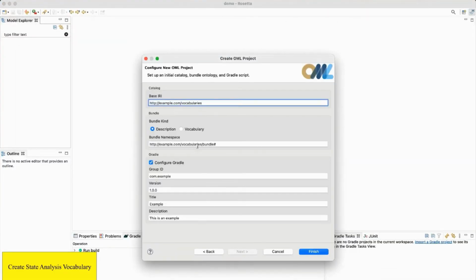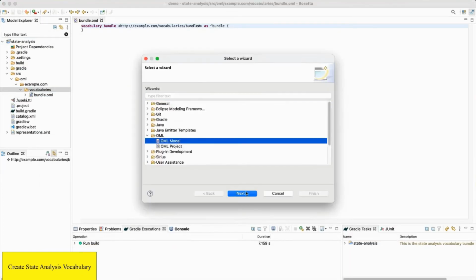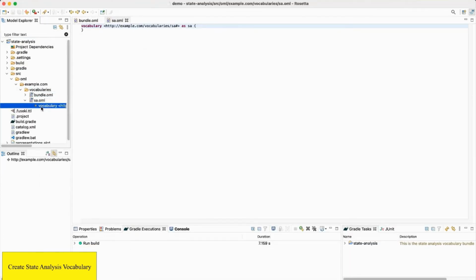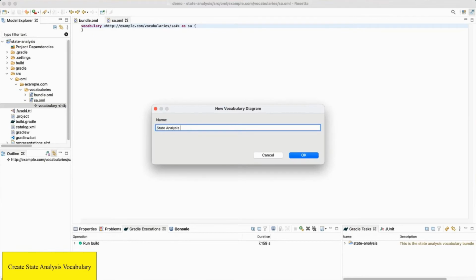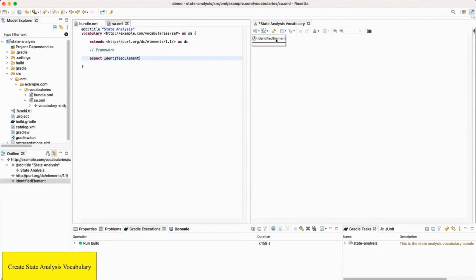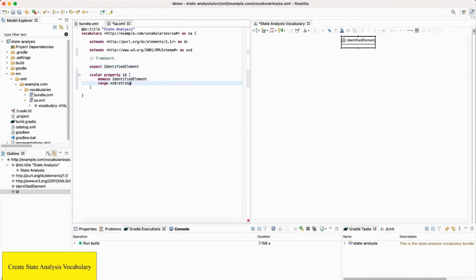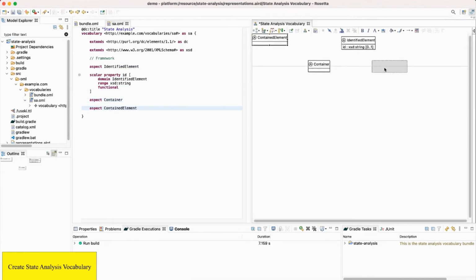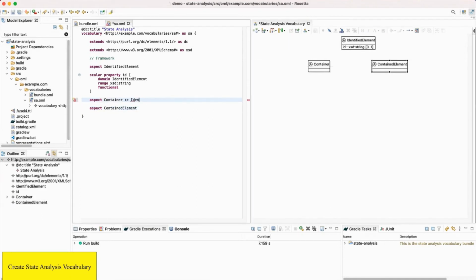It starts with creating a vocabulary model with some wizards, and then in this case, I was using the Xtext editor to author the vocabulary, and the Sirius viewpoint is put on the right-hand side to reflect what the user is doing, as a visualizer. But the same thing could have started from the Sirius diagram directly to author this viewpoint.